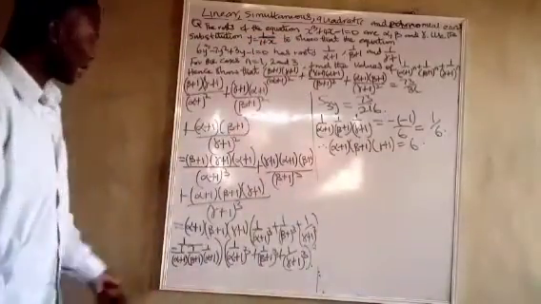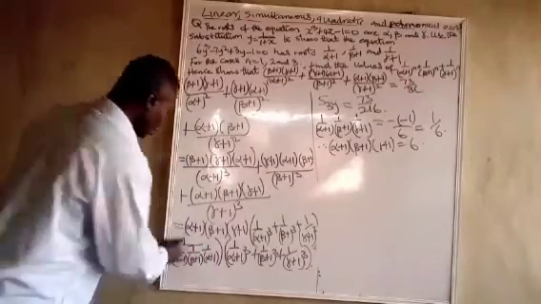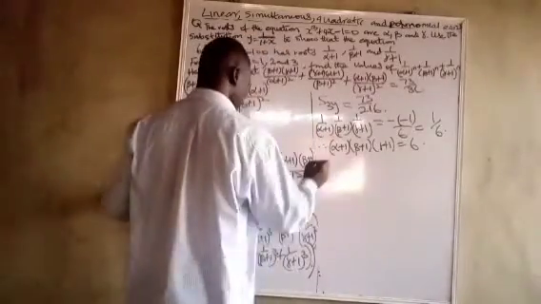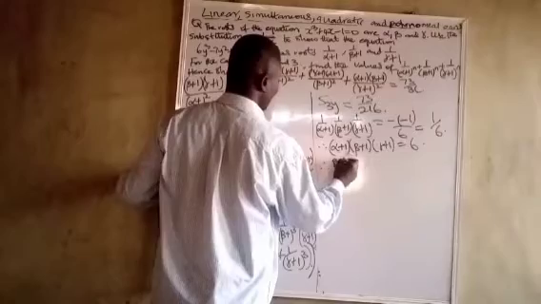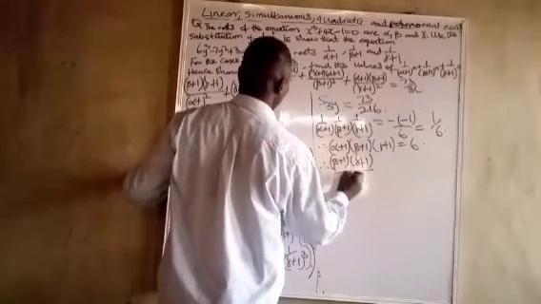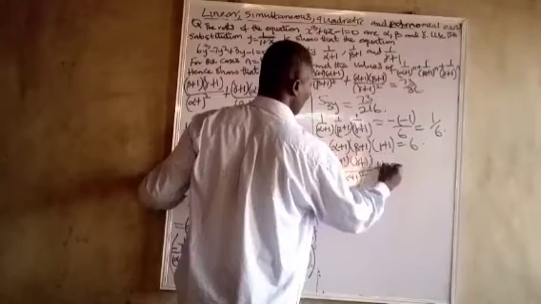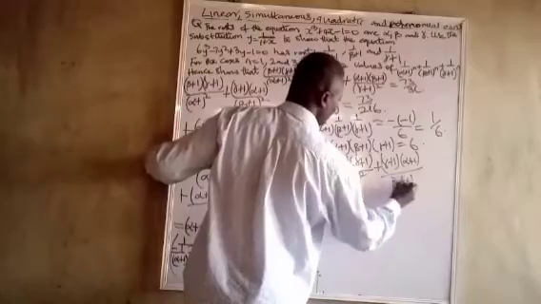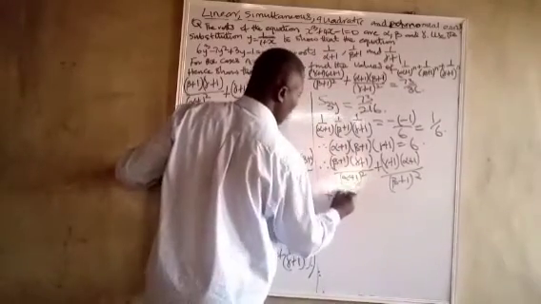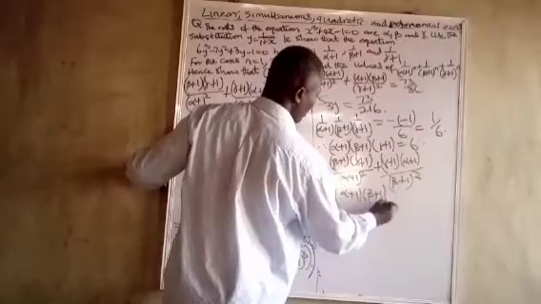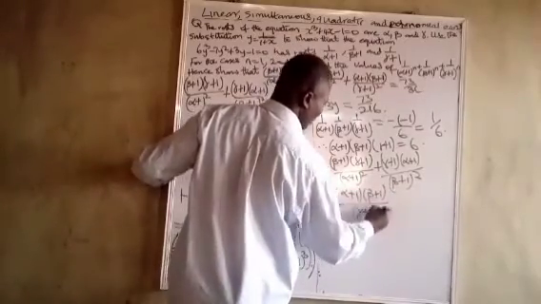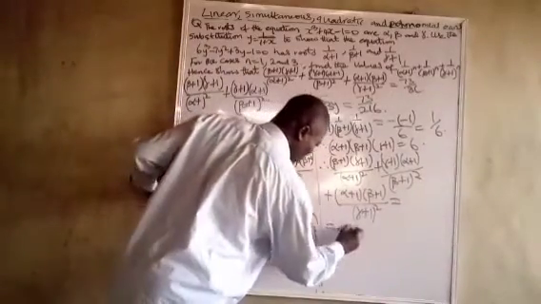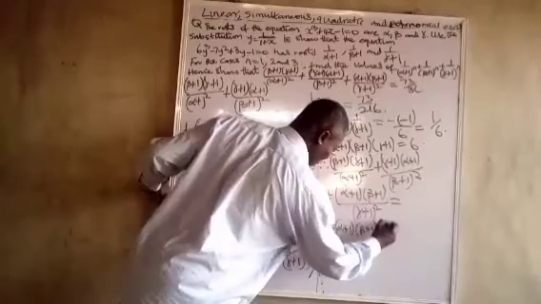Okay, I think it will be clearer now. So you don't need this place now. So this place and this place, I have gotten them out. Therefore, (beta plus 1)(gamma plus 1) over (alpha plus 1) squared plus (alpha plus 1)(gamma plus 1) over (beta plus 1) squared plus (alpha plus 1)(beta plus 1) over (gamma plus 1) squared is equal to